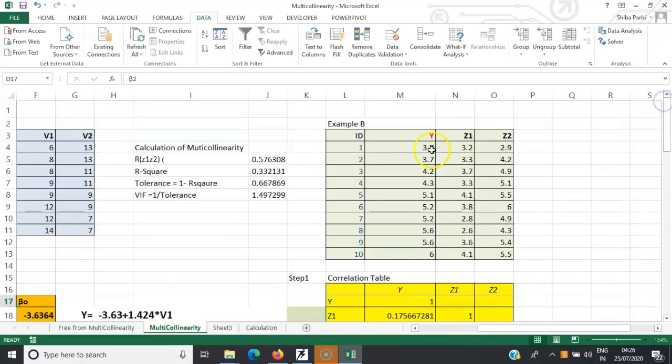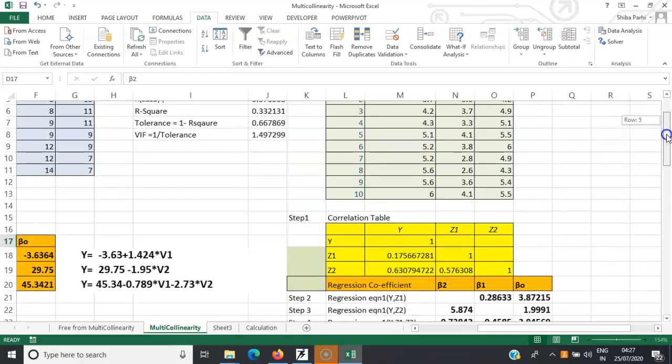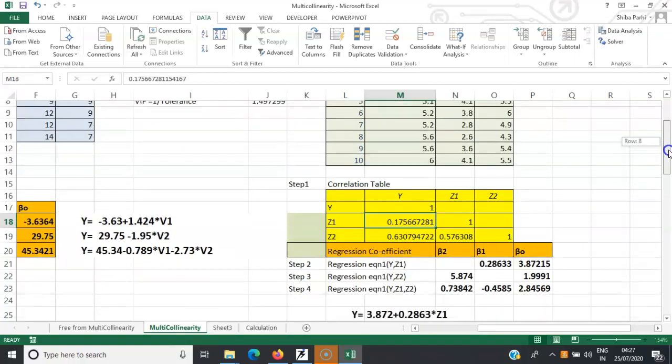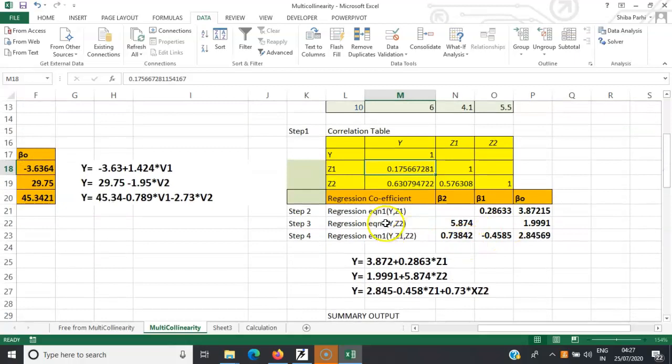Similarly, I'm doing here, you can take this example and do it with your own data, and y and z1, z2 is given. I have taken the correlation table, can you see here the correlation between y and z1 is so low in comparison to the z1 z2 correlation, which is so high. So now if this is the problem, then I see the regression coefficient individually, y on z1, y on z2, and y on z1 and z2. I can see again a reversal of the regression coefficient of beta 1, the z1 to negative,